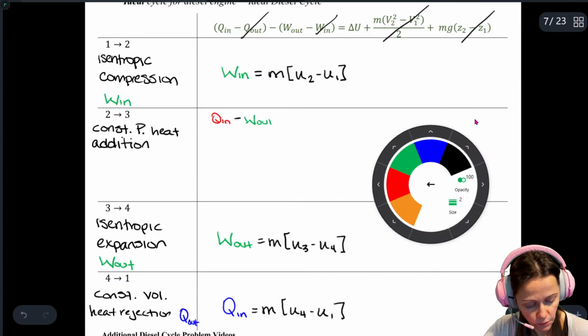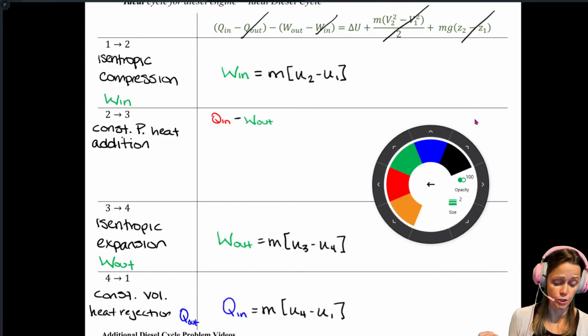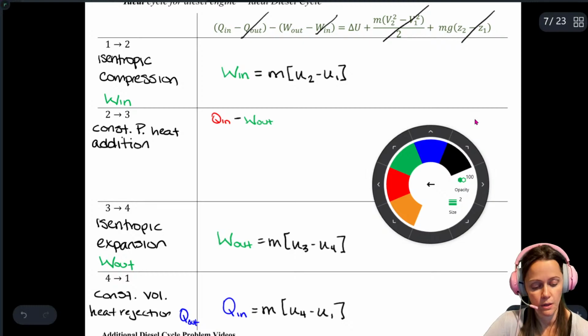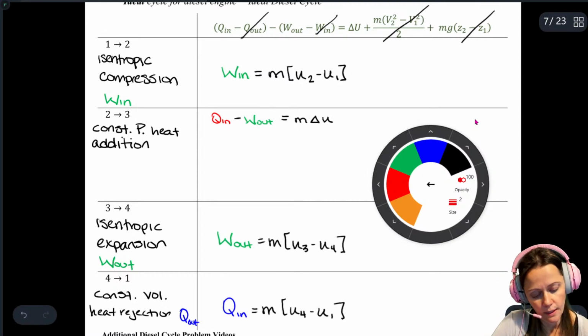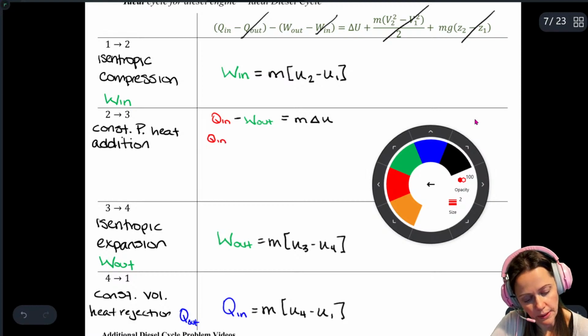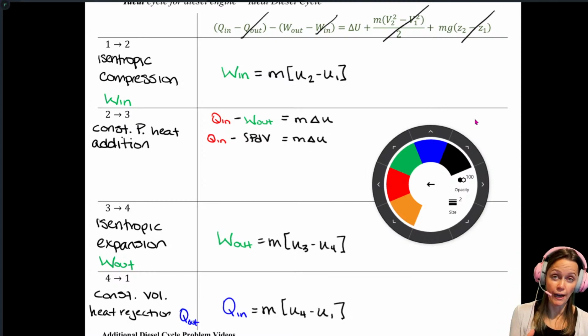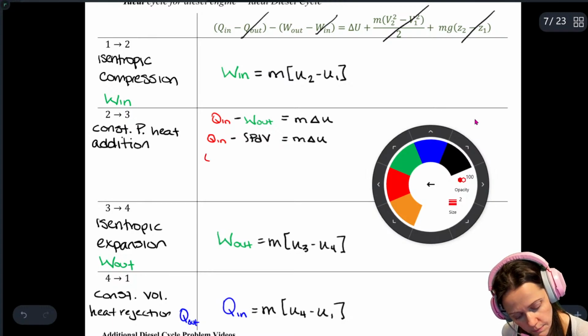So you'll note that you've got a work out process during 2 to 3, and work out from 3 to 4. This is equal to big delta U, or just m delta little u. That's fine. And then this work output, it's boundary work, and we have an equation for that. It's P dV. And it's a constant pressure process, so when I'm evaluating that integral, it's really convenient because the pressure is constant, so the pressure comes out of the integral. So this is P